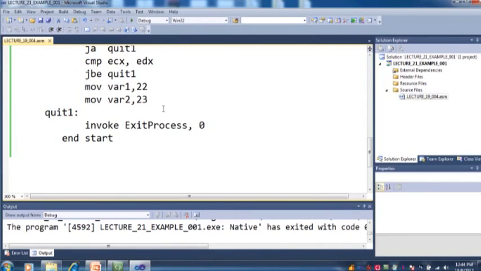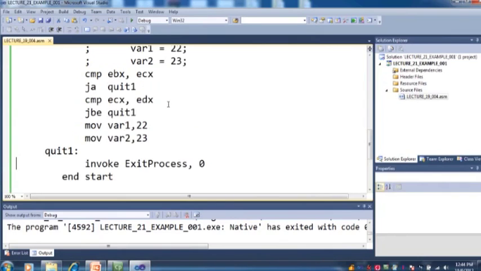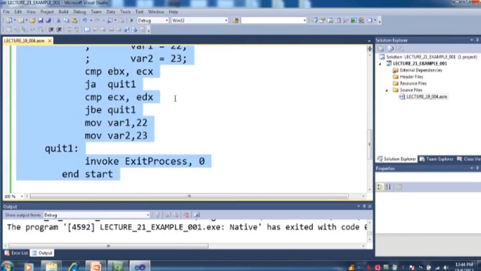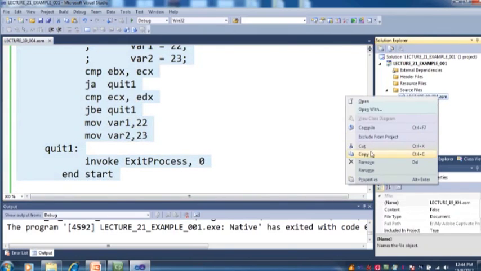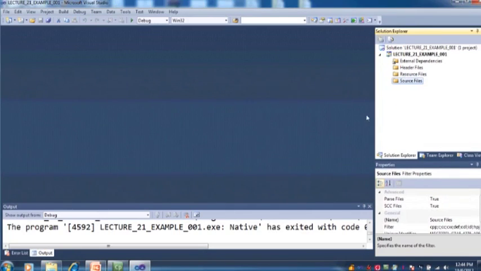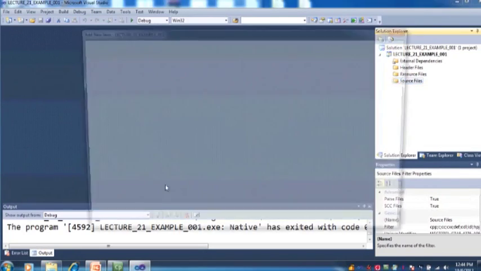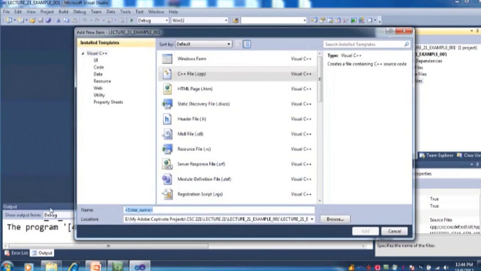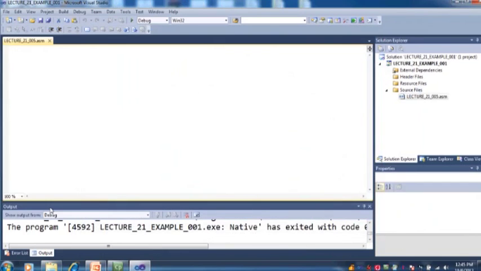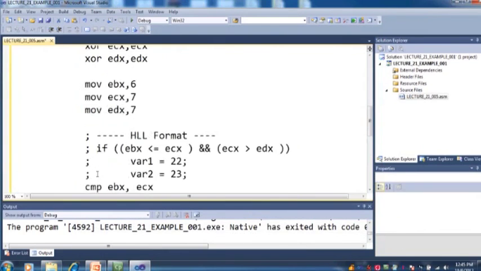Similarly for the OR expression, you have seen that we have implemented the OR expression. So I just save this one, and we can implement the OR expression also. We just remove and we assign. So this is a new file. Here